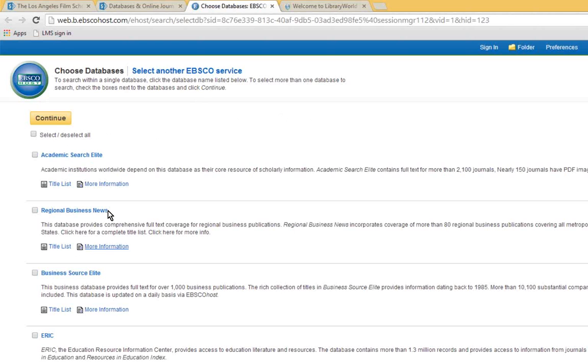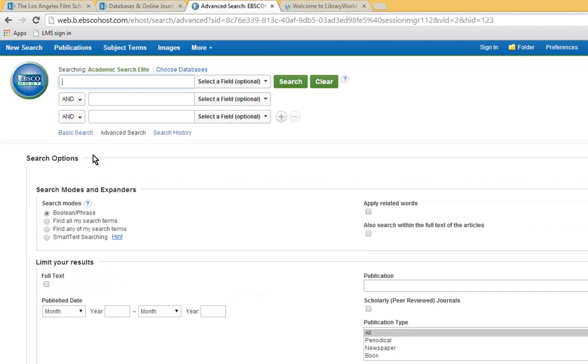And then it's going to bring up this screen again, and go ahead and click on Academic Search Elite again, and that brings you to the search screen. I would recommend that you limit your results to full text. That's right here. There are what they call abstracts, which are basically summaries of articles. If you don't check this box, some of those might come up, so it might be a little frustrating if